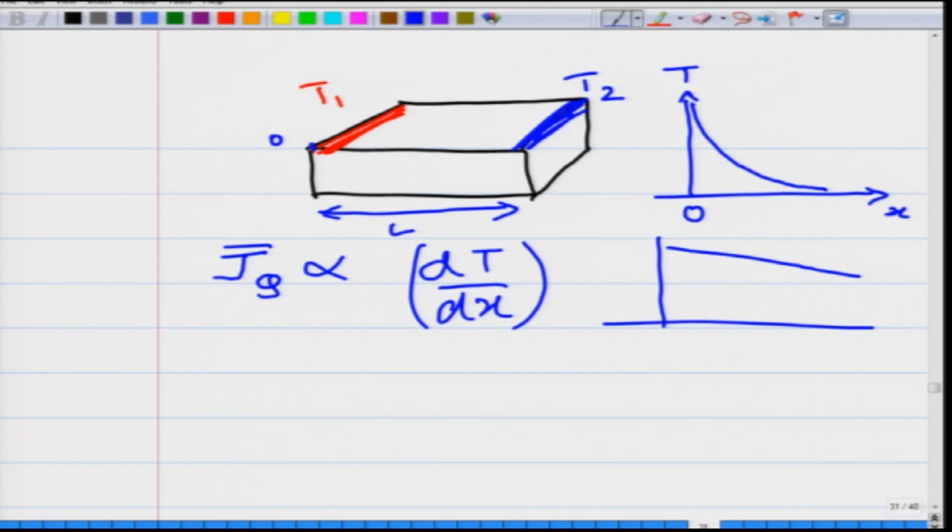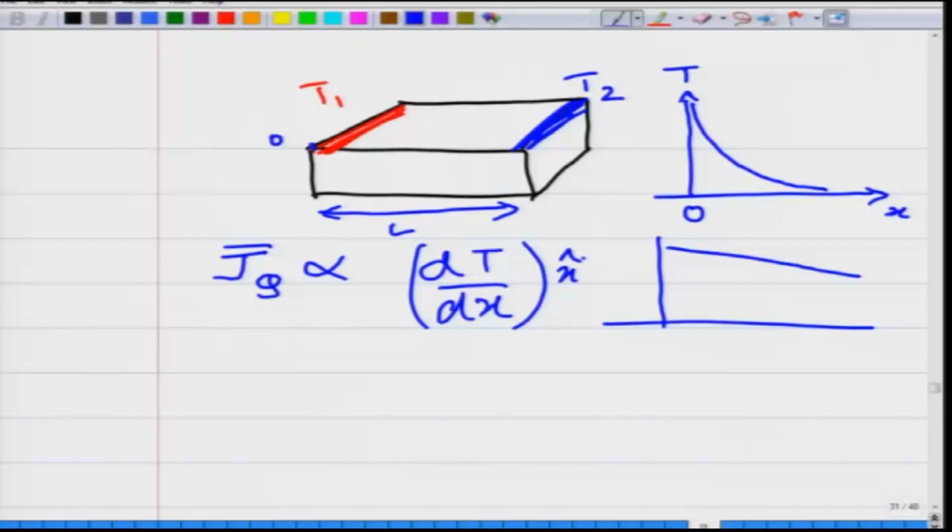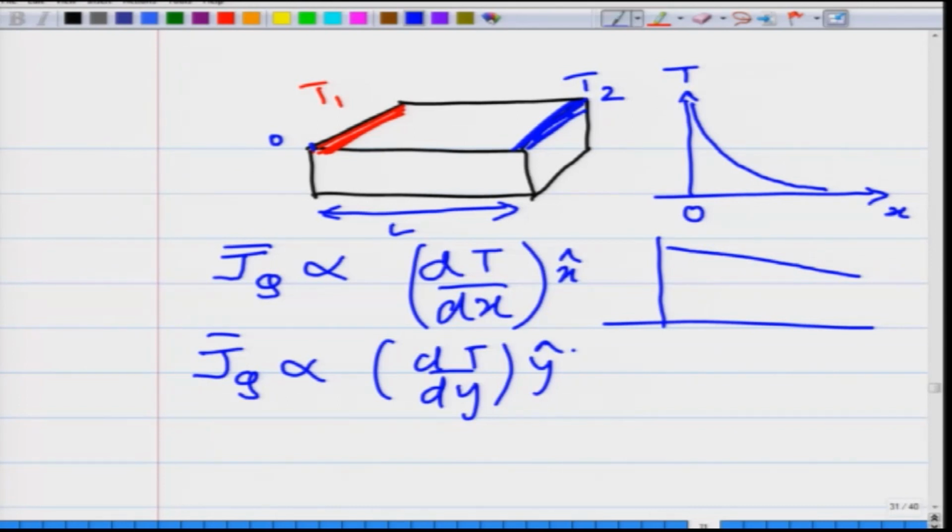So, this is the gradient in the x direction. Similarly, if you maintain a current gradient in the y direction, you will have, so this is the current which you have in the x direction because of a gradient in the x direction. For a sample, you can also have a gradient in the y direction, dT by dy, and in the z direction also you can have. So, typically you will write in general your thermal heat current will be minus kappa, which is the thermal conductivity,